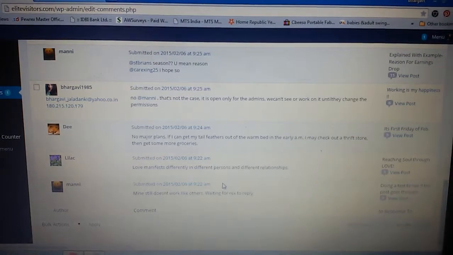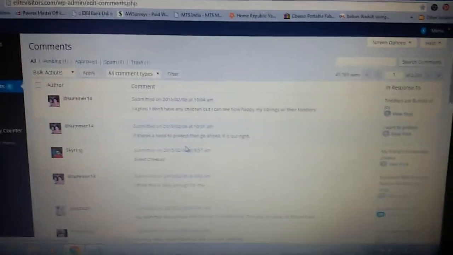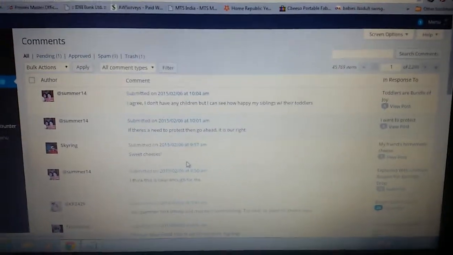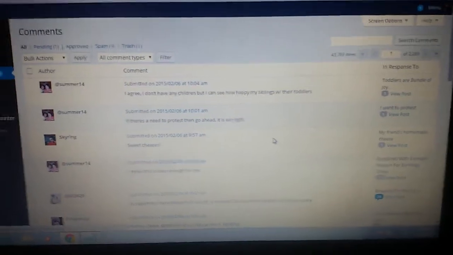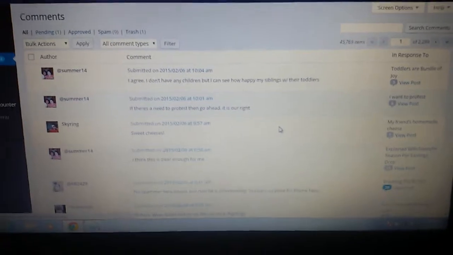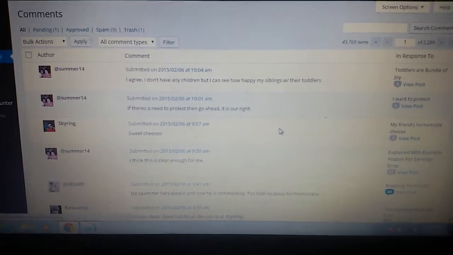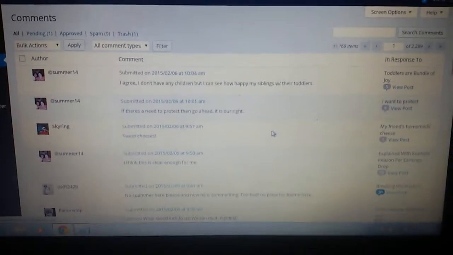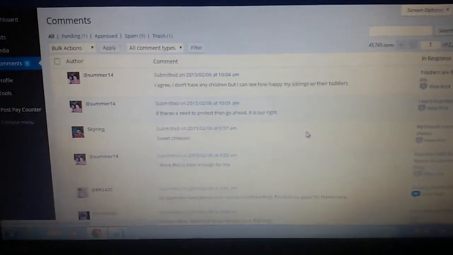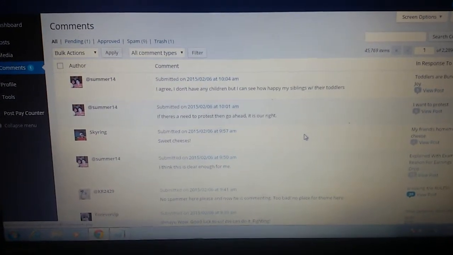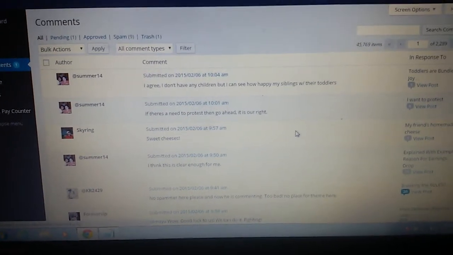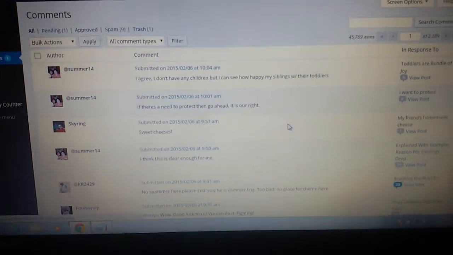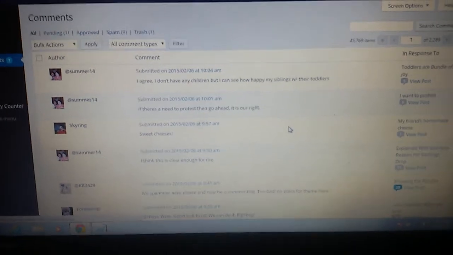Okay, so here we can approve, spam or trash any comment, if only we had access. Only admins have permissions. If we had permissions, under every comment we get buttons called quick edit, unapprove, edit, trash, spam, or delete.